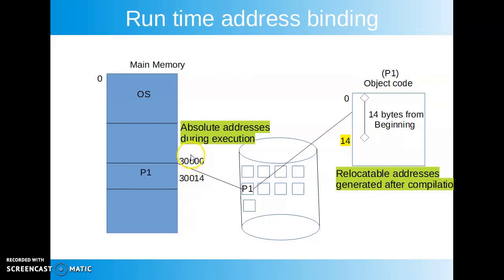So actual absolute addresses are not calculated until the instruction is executed. Why? Because the base address is floating here. The base address of the program is changing, so it is not decided what will be the active base address at a particular moment of time. So this decision is delayed until execution of the instruction. This is all about runtime address binding.